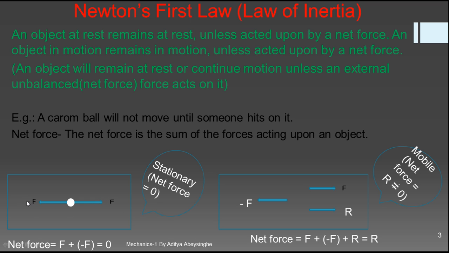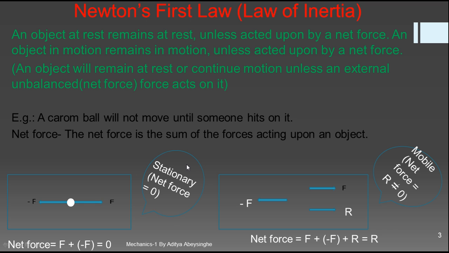According to the vector theory I explained, you can even feel that the rope will not move because the net force on this object is 0. The net force is also called the resultant force, which I talked about in the concept of decomposition of vectors, solving vectors, and other related concepts in the introduction videos on physics. So the net force, or the resultant force, or the total force, will be F plus minus F, which is 0. When the net force is 0, the object is stationary. So we conclude that for an object to be stationary, the net force should be 0.